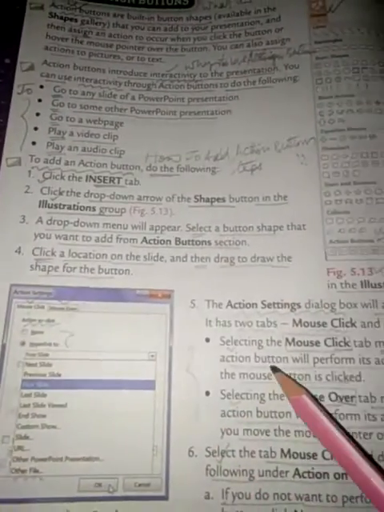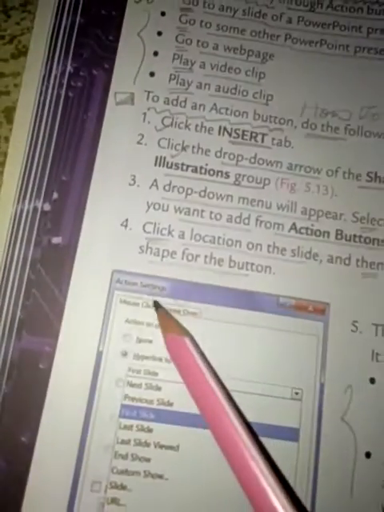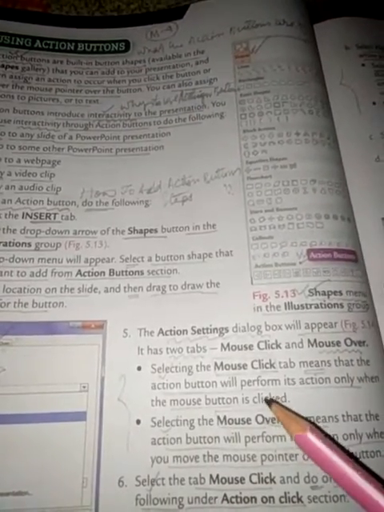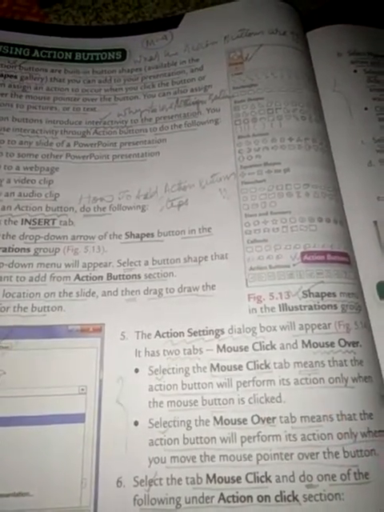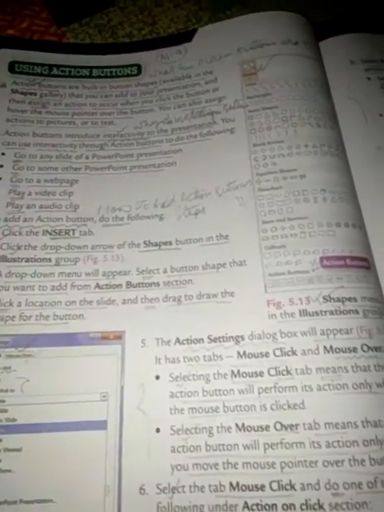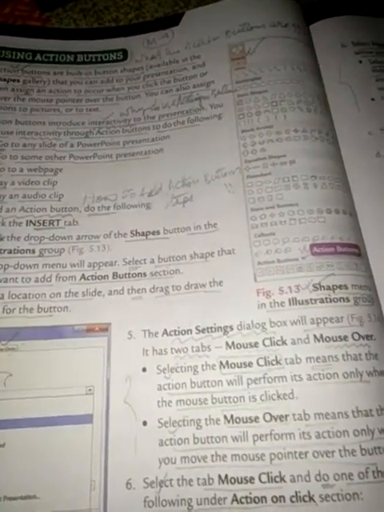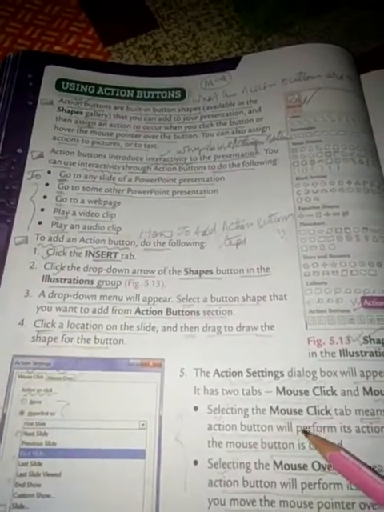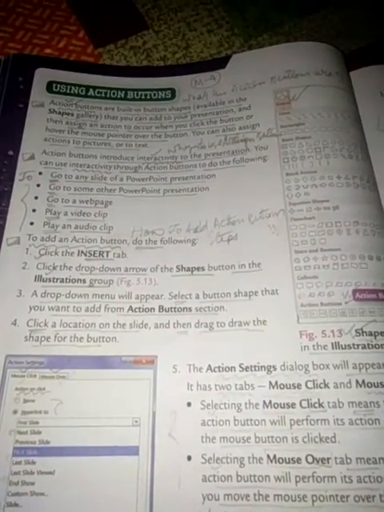Now if the mouse click tab is selected, then what will happen? Let's see. When the mouse click tab is selected, it means that the action button will perform its own action only when the mouse button is clicked. This is the meaning of selecting the mouse click tab.